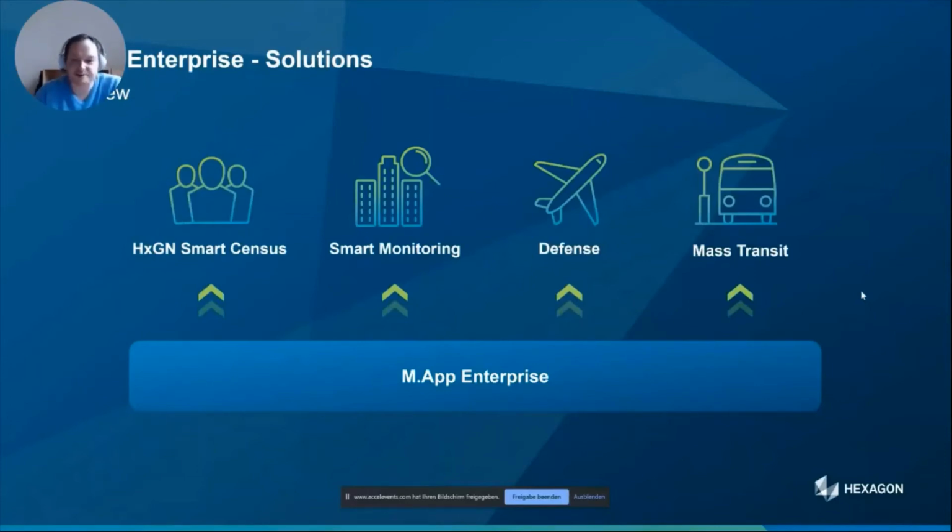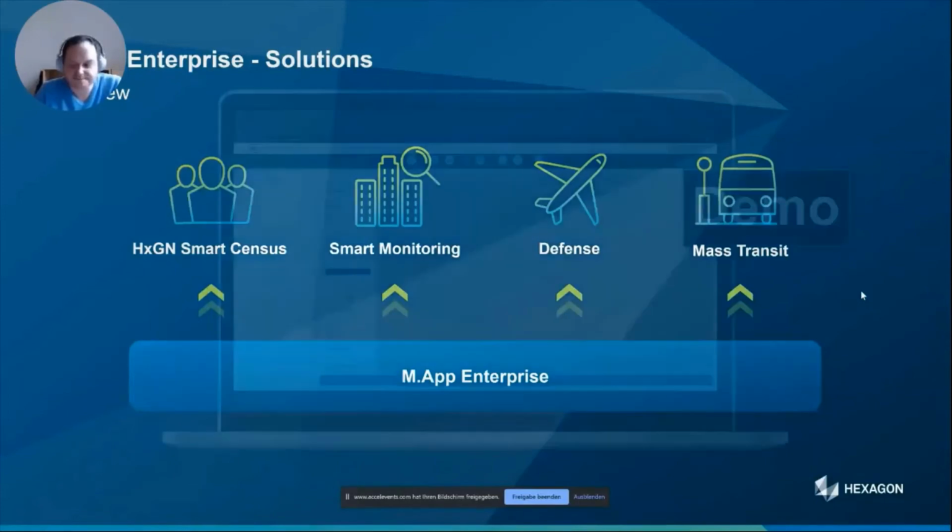We have now created a solution around the smart monitoring concept, as you have seen in this presentation right now. There are also applications for the defense space. For example, we have a product called MapX. And I'm already spotting some new information. We are right now working to launch a product taking care of mass transit within the next couple of months.